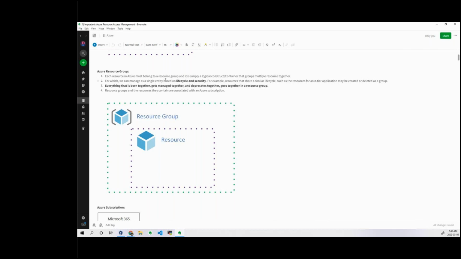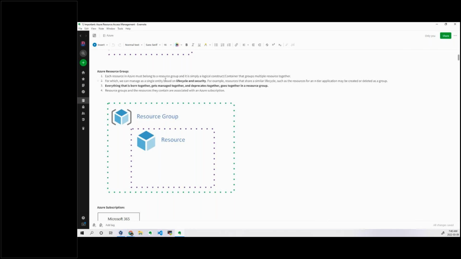Tomorrow if I want to clean up these resources, there is no need to go individually and delete each one. If I come to my resource group and say delete, automatically whatever resources I have under that resource group will all get deleted one by one. So the life cycle of your resources can be managed under one resource group.